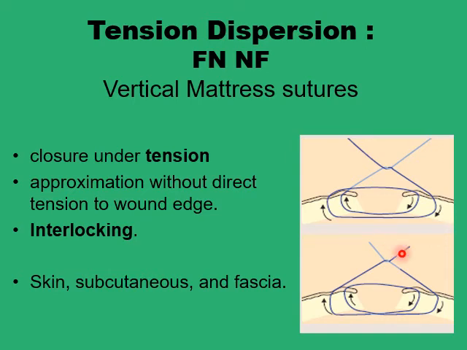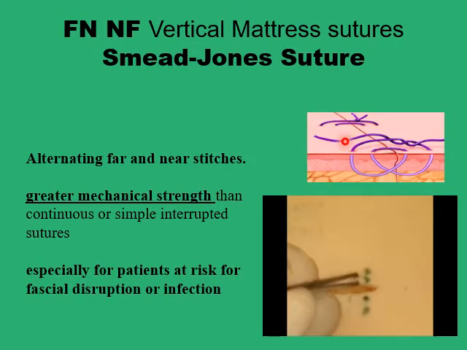And this configuration provides better dispersion of the wound tension that's sometimes required if you are suturing things like fascia, tendons, or muscles, or if the wound is a little bit inflamed, or if there is a bigger gap, or if you expect the wound tension to be a little bit higher than usual. So this is how you can do the fourth version of the vertical mattress sutures, the far near, near far